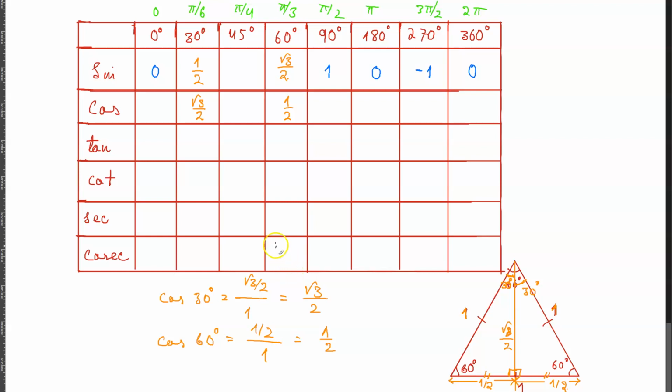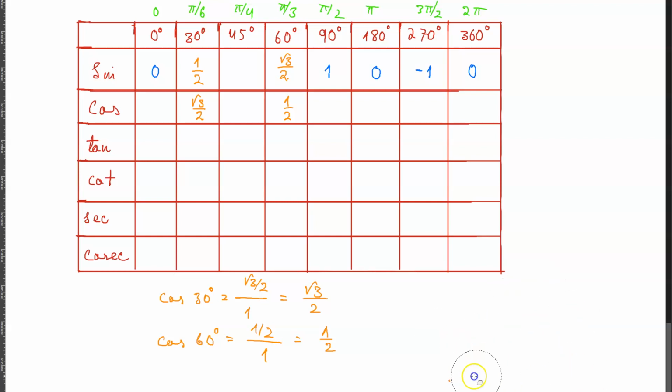So now the only thing that remains here is 45 degrees, right? So we need to calculate the sine and cos of 45 degrees. Now for 45 degrees, we need to draw another triangle here, meaning that we need to somehow draw a triangle in which basically